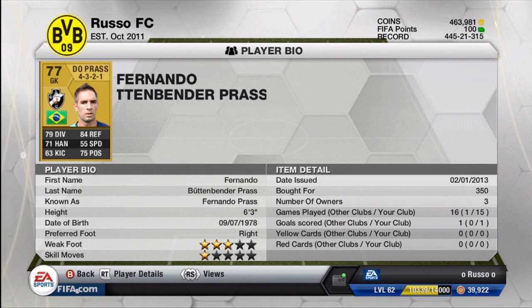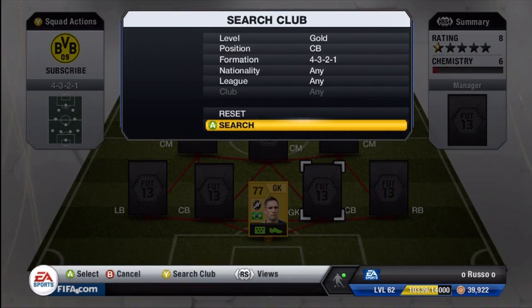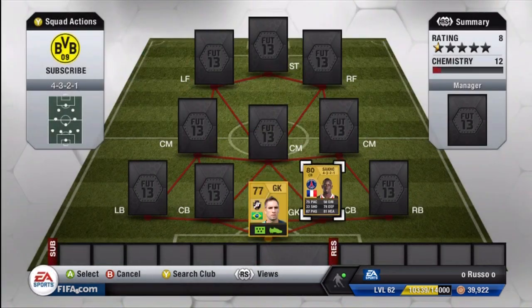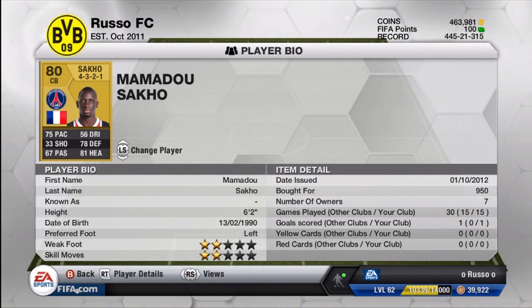So just wanted to take some time out before we get really in depth into the squad builder to address some questions in the player reviews. A lot of you guys are asking me, Russo, why don't you show the squads that you use your players in? Why don't you show the squad that you use the informs in? The main reason, guys, is I just want it to be a surprise. I want you guys to be surprised by the squad builders I come out with. Usually when I do videos, I will incorporate the informs, or the actual players I'm doing a review on, into a certain squad, so I can make a squad builder video on top of a player review video. And I don't want to spoil